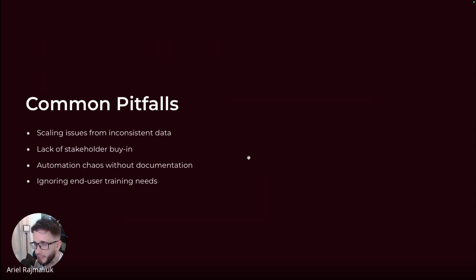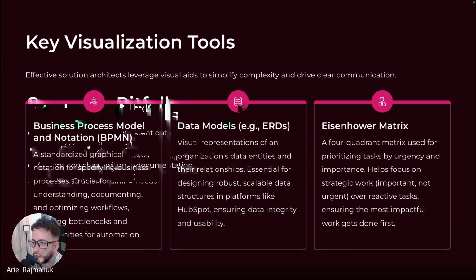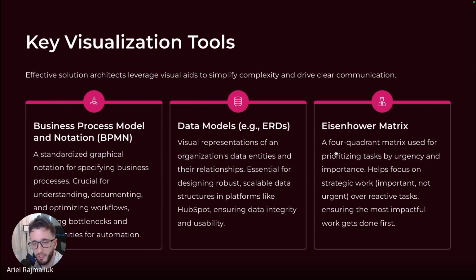Okay. These three diagrams, as I said, BPMN. Here, this is from development. If you're a developer, you will use this a lot. This is for data models to know what is what, and the Eisenhower matrix. In my opinion, these three cover like 90% of the challenges in most cases. There might be others that you can always use. I'm just recommending these ones. This can take you far.